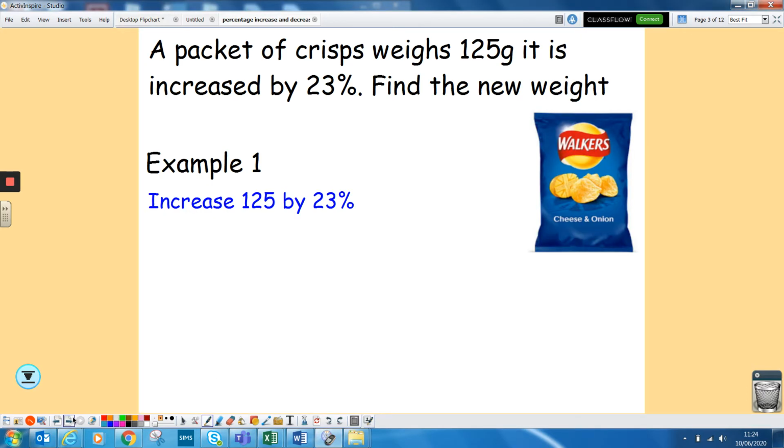So, a packet of crisps weighs 125 grams. It's increased by 23%. Find its new weight. The method we're going to be using for this isn't finding 23% and then adding it on. We're going to try and do it all in one calculation by using a multiplier. So if we have a look at example 1, increase 125 by 23%. What we start off with is 100%, because you always start with 100% of the value, and we're increasing it by 23%, so we're going to add on